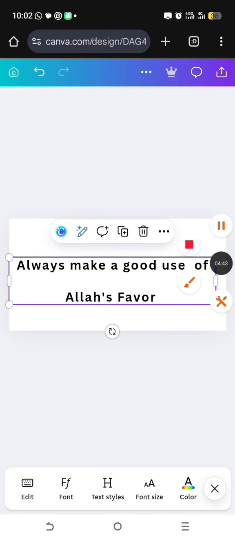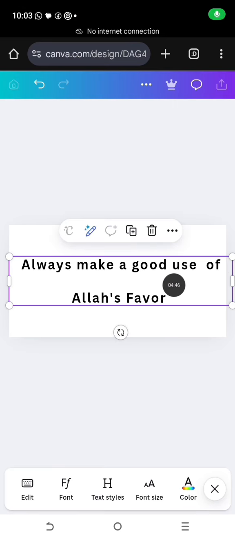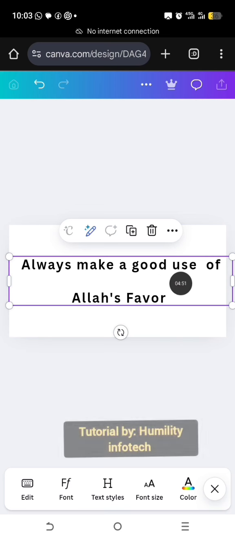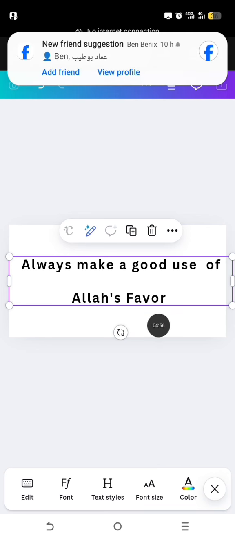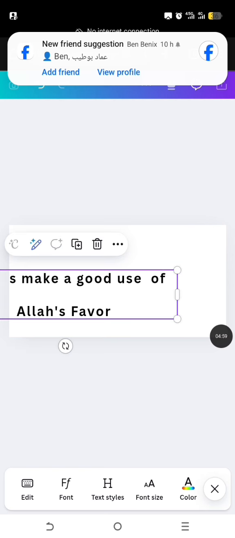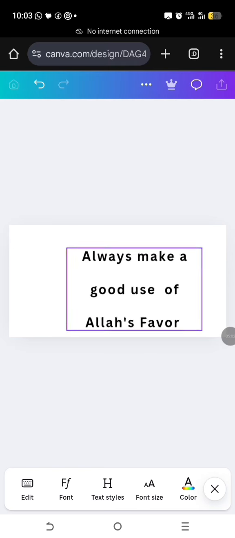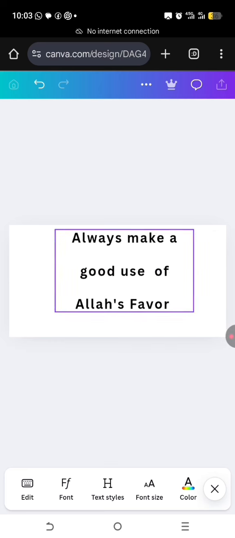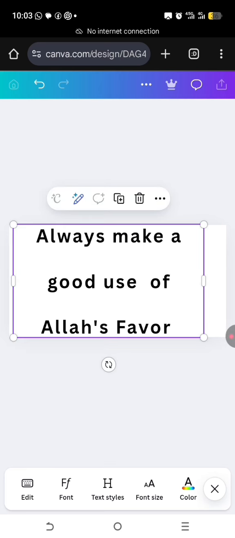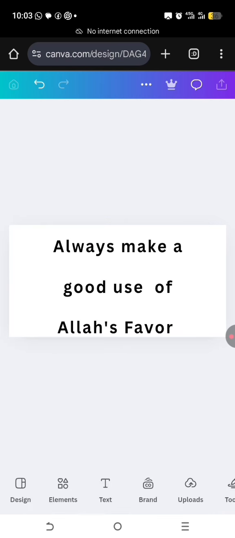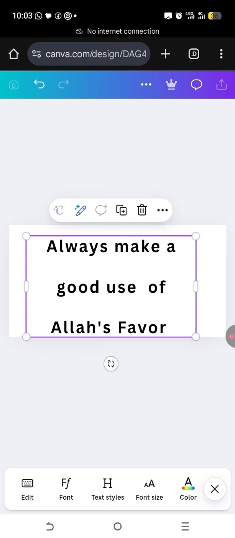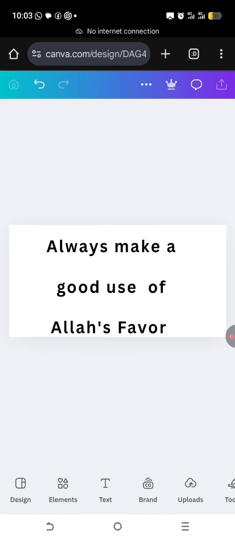As you can see, I can also make changes to it if I don't want it to be presented like this. I can adjust it to my taste. Can you see, like this? So always make a good use of Allah's favor. So that's just it. Next thing now, I will be going to the element